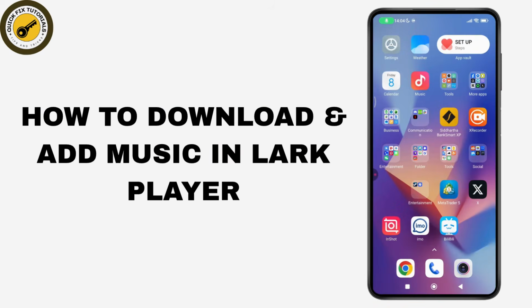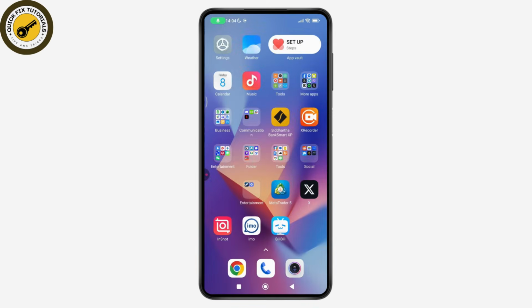How to download and add music in Lark Player. So if you want to download and add music in Lark Player, then what you need to do is just watch this video. While the app is excellent for organizing music, it's important to note that it does not download